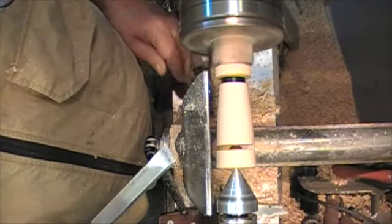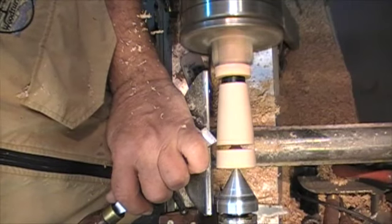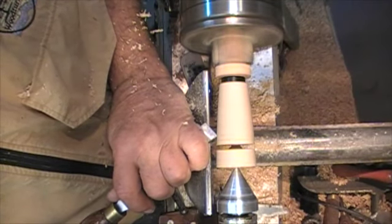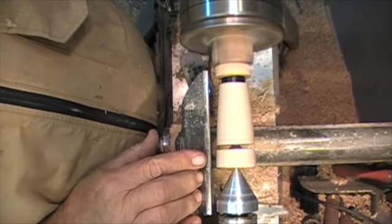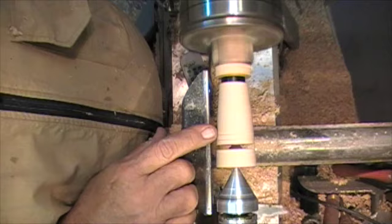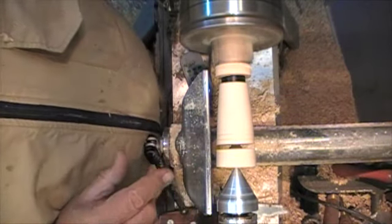Before we start sanding, I'm going to put a detail. I'm going to come up here about 1/4 inch off the bottom, put a line, go up 1/4 inch and put another line. That's a detail. Now I can take my detail genie and put some little detail in between that. I can burn it with